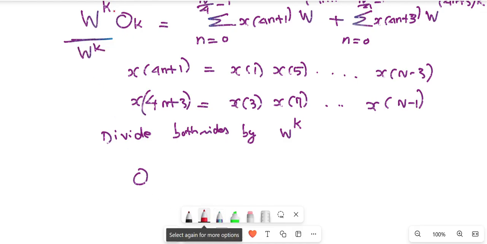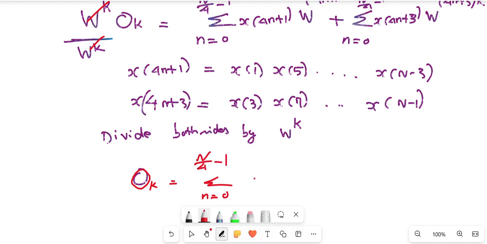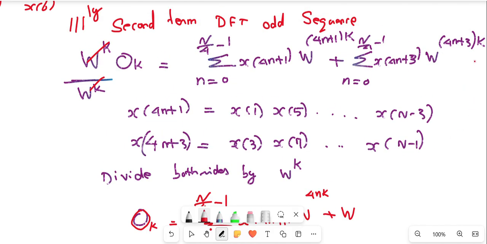So you will get O k equal to the summation of n equal to 0 to n by 4 minus 1, x of 4n plus 1, W power 4nk plus W power, so if you see there, W power by W power k,